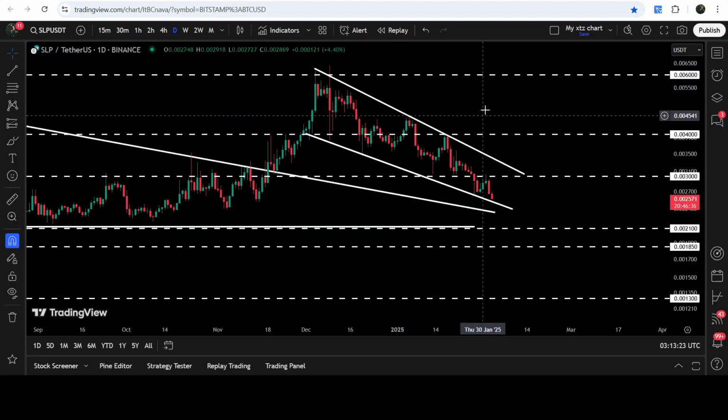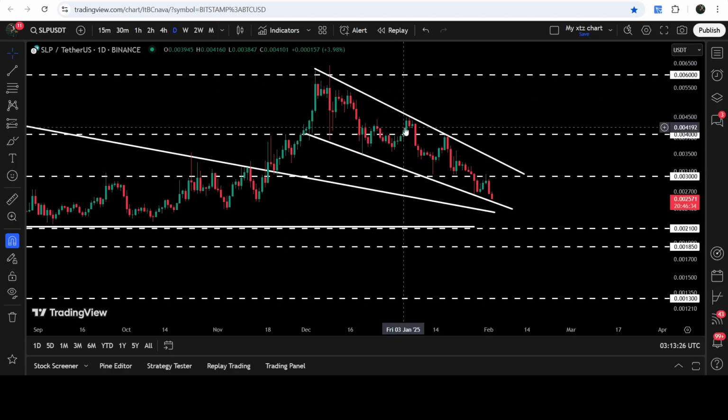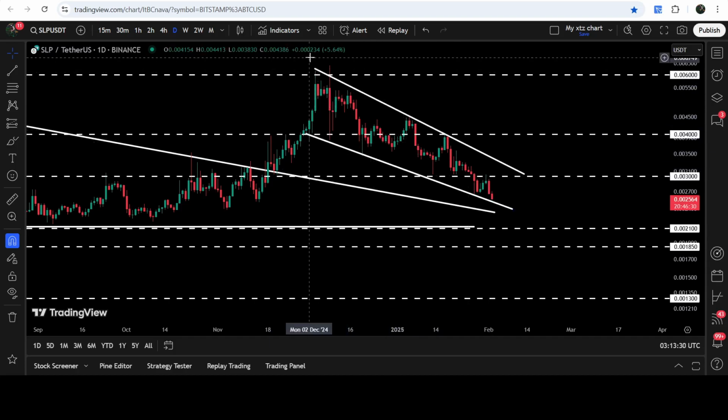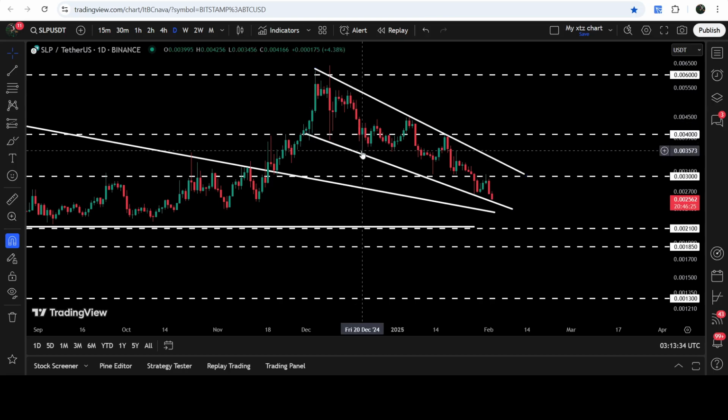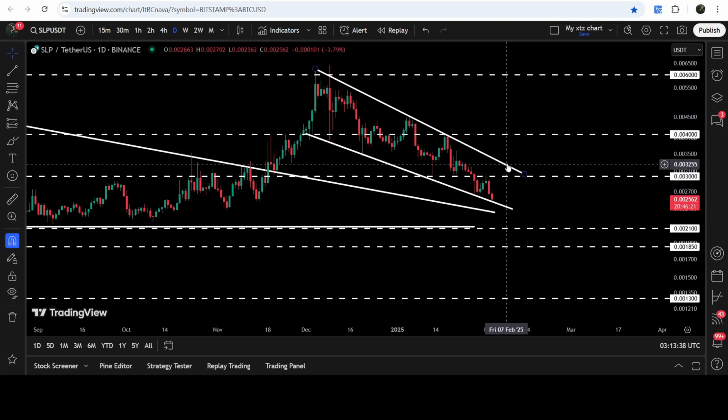Now, if you take a look at the live daily time frame chart, then you can see that it is still moving inside this falling wedge pattern, forming lower lows and lower highs. We had a bounce here, rejection, rejection. Then another bounce, rejection, bounce, rejection. And now, without hitting the resistance of this wedge, the price has again dropped down to the support. This time it is, by the way, rejected by this long-term resistance of $0.003.